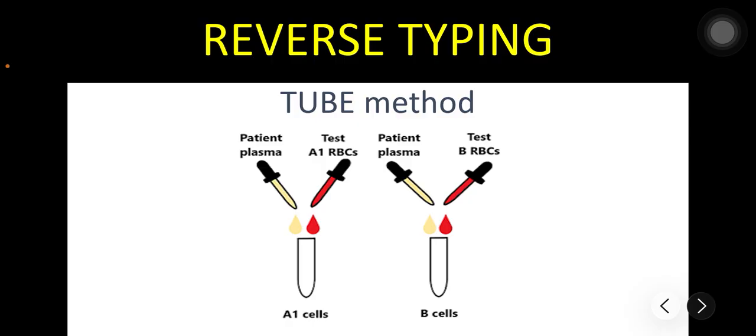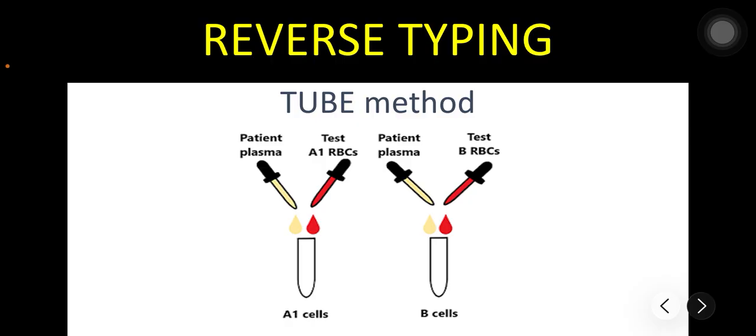And then the tubes are mixed and centrifuged, typically for approximately 20 seconds at a calibrated speed. And then the cell button is gently resuspended by tilting or rolling the tube. So you're going to observe for visible clumping of red cells. You can grade it as 0 to 4 plus. And then if there is hemolysis, you can observe pink or red discoloration of the supernatant, which is also interpreted